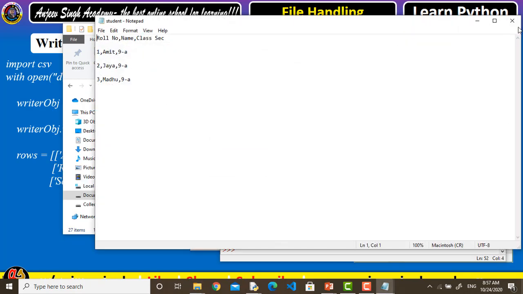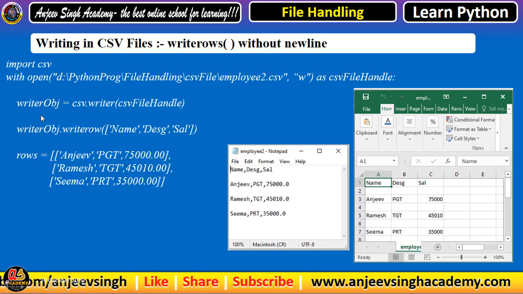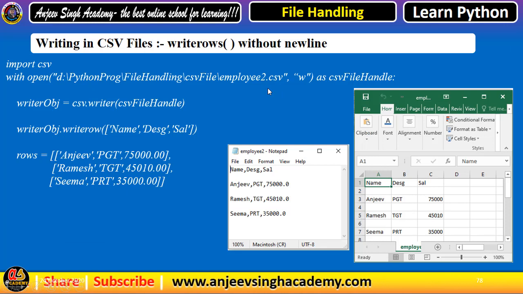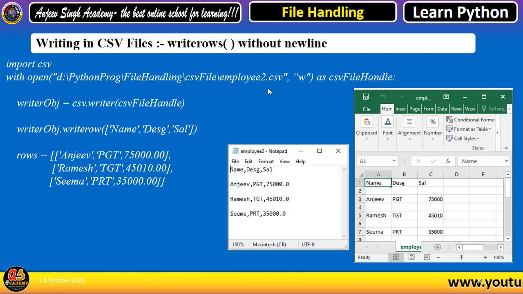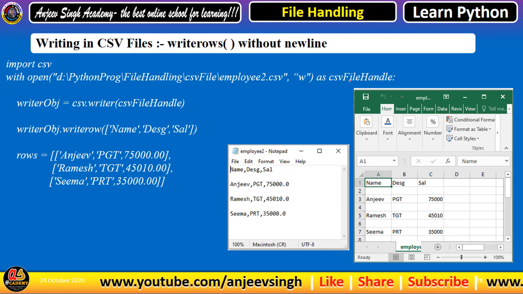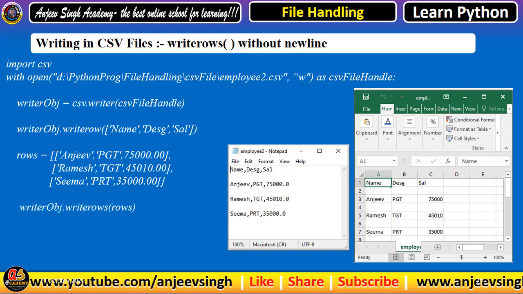I'm getting the space. So you understand that with write operations you have to be careful while opening the file. If you forget to give the newline concept, you are not giving the newline, then you get blank lines in the output. In this I have shown the open command with the help of the with open statement. So you can try this program on your computer and find out if this program is working there or not. Okay,